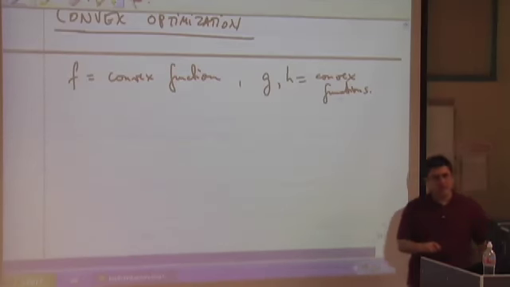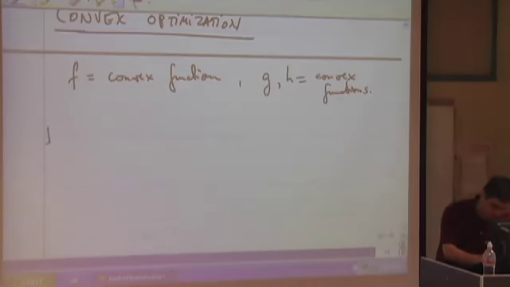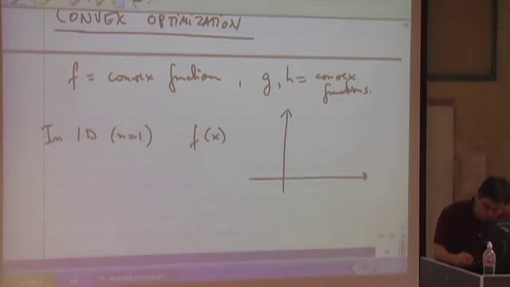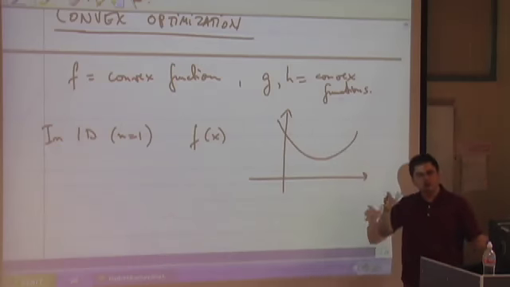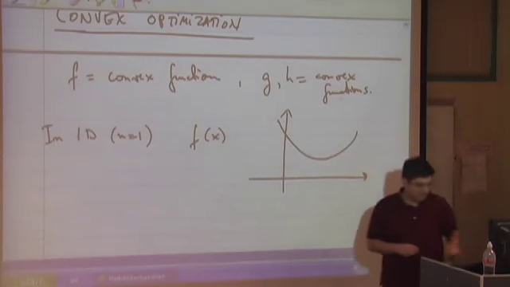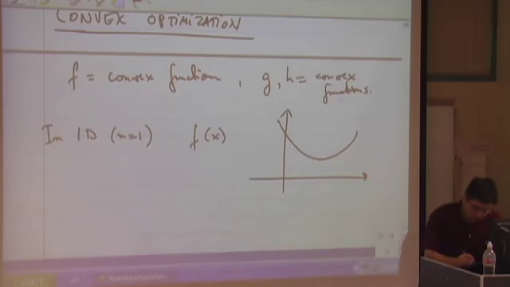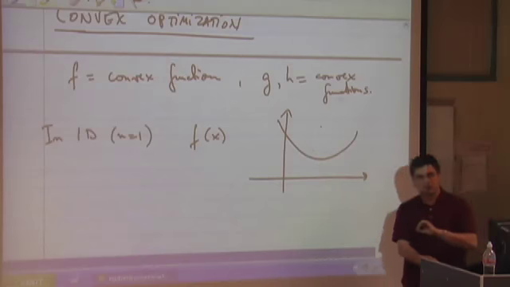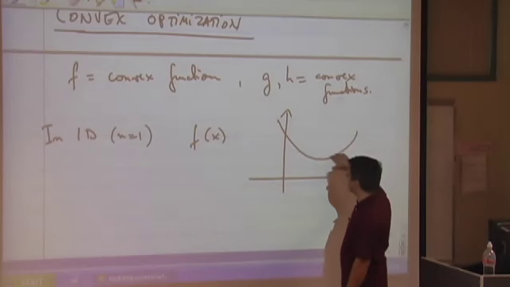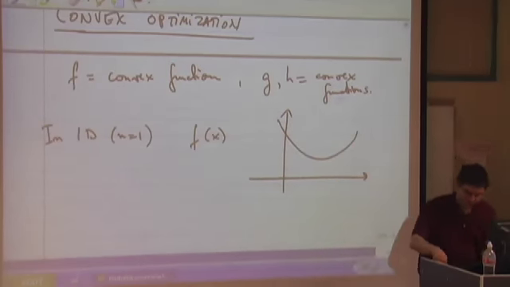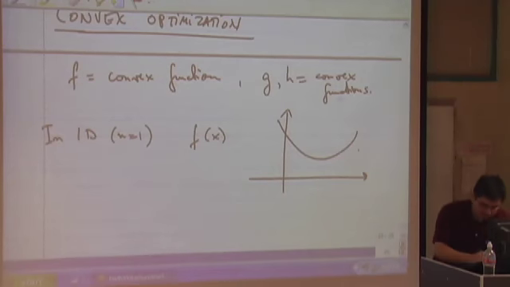Okay, so what is a convex function? In 1D, in one dimensions, n equals 1, so one variable, f of x. You've talked about convex or concave up functions. One of the properties that you've seen for concave up or convex functions in 1D was that the second derivative was positive, right? So f is convex